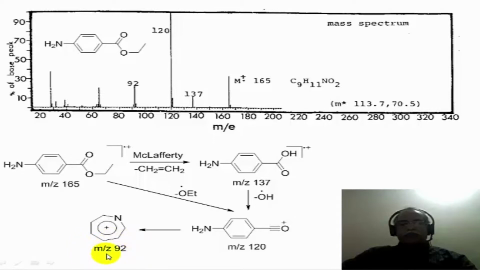This loses a molecule of carbon monoxide with a loss of 28 mass units from 120, resulting in the formation of a fragment at 92, which probably corresponds to this particular structure, similar to a tropylium ion, except it is substituted with one nitrogen because of the nitrogen present in the para position. So the mass spectrum is consistent with the fragmentation pattern that we have seen. And the important message is that ethyl esters always give a McLafferty rearrangement with a loss of 28 mass units from the parent molecular ion, to give a fragment ion which is 28 mass units less than the molecular ion peak.